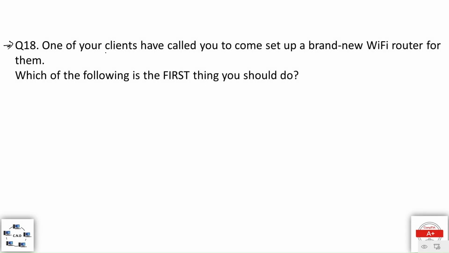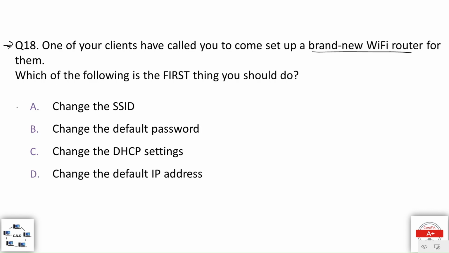Question number 18. One of your clients has called you to come set up a brand new Wi-Fi router for them. Which of the following is the first thing you should do? The options are option A, change the SSID, option B, change the default password, option C, change the DHCP setting, and option D, change the default IP address. And the correct option is,